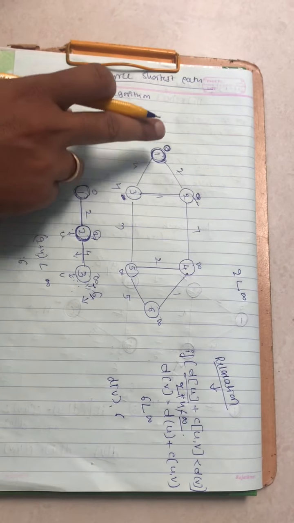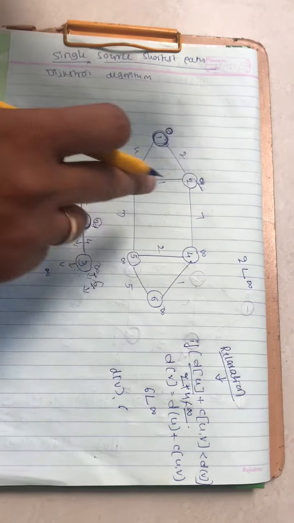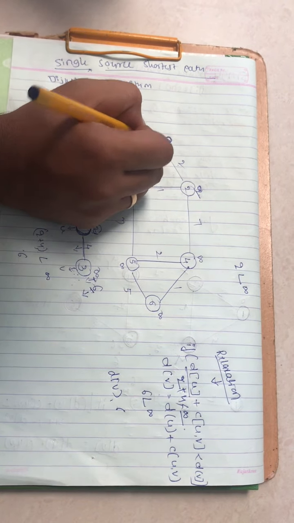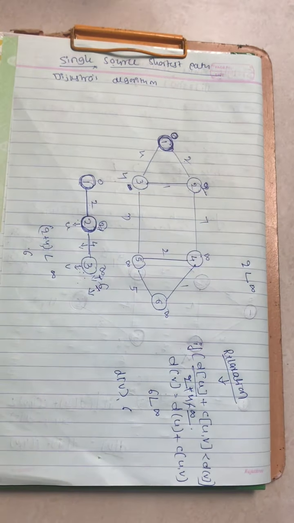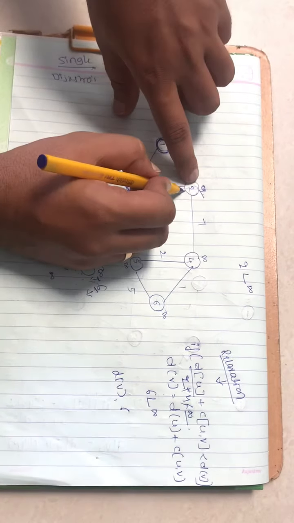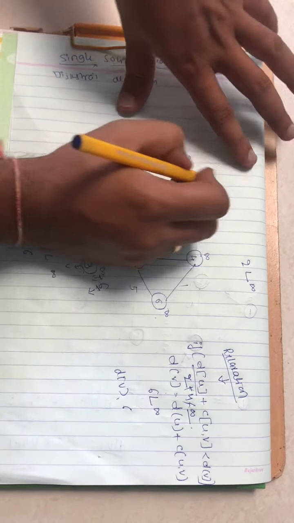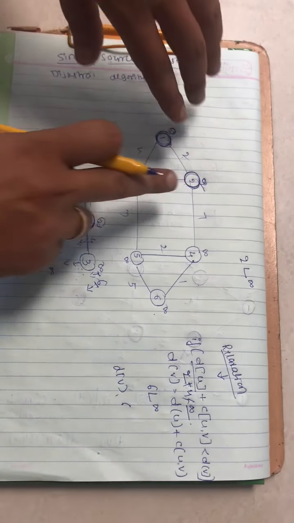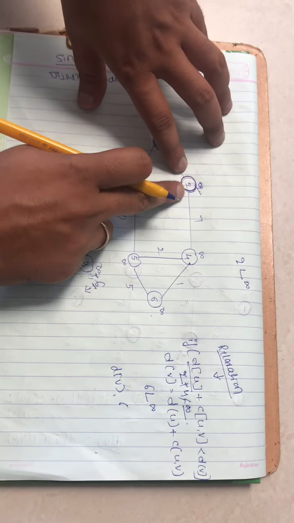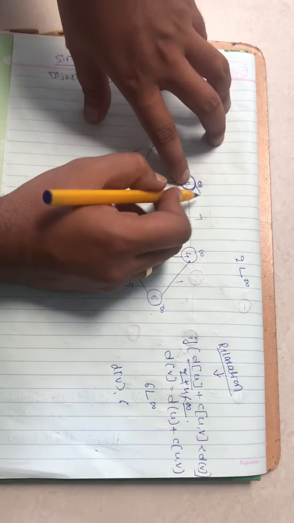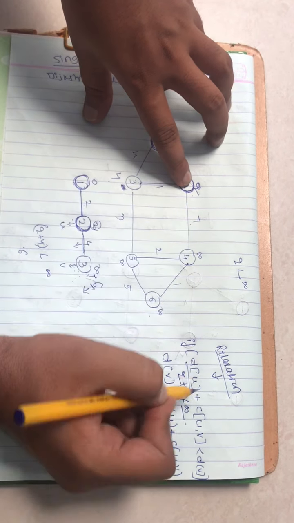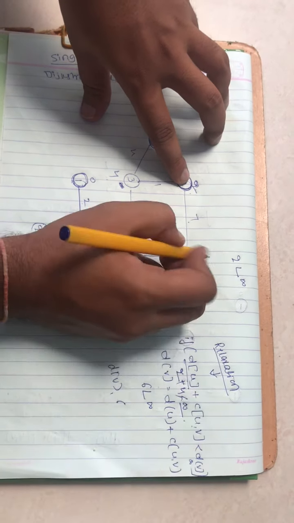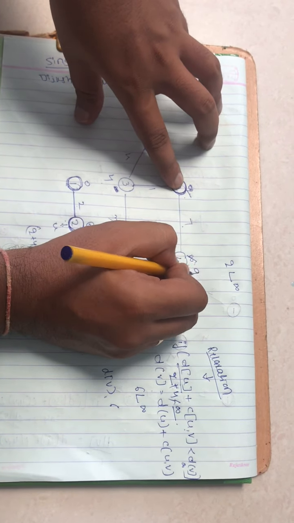Now among the values 0, 2 and 4, 1 is already visited, so between 2 and 4, which one is the minimum? 2 will be the minimum because the other values are infinity. So I will take vertex 2. 2 is directly connected to 4 and 2 is directly connected to 3. 2 plus 7, how much do we get? 2 plus 7 will be 9. 9 is less than infinity, so I will set it to 9.